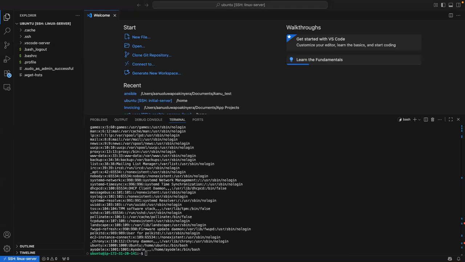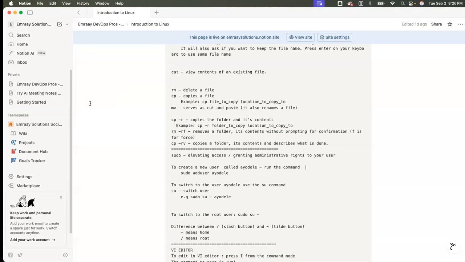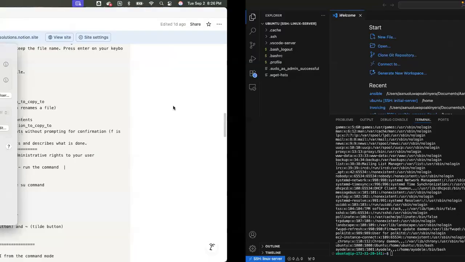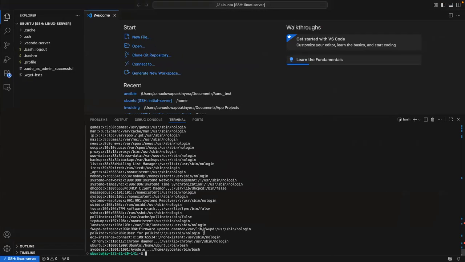Su, switch user. If I want to log off from this current user and log in as a guest user, or as the new user I've created, you log off and then you log in again. In Ubuntu, what you do is you switch user, su, then dash the name of the user you are switching to.